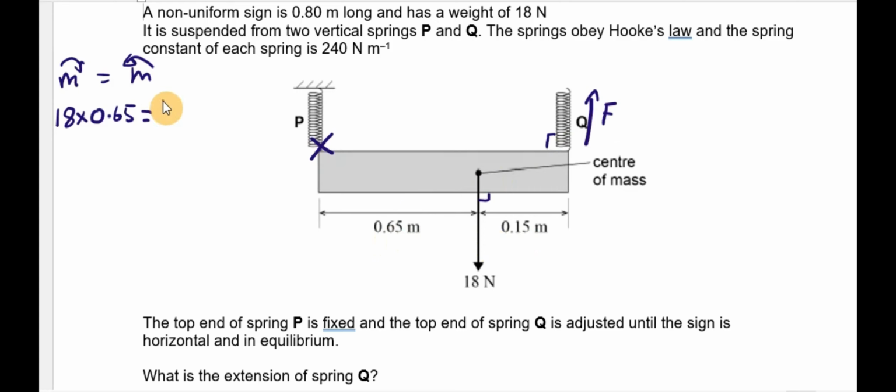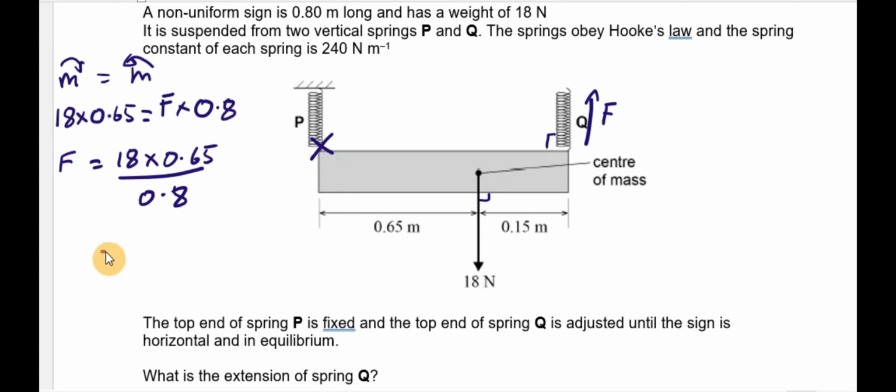So I can say that the anti-clockwise moment is F multiplied by 0.8 meters. Rearranging, I find that the force produced by spring Q is 18 multiplied by 0.65 over 0.8,